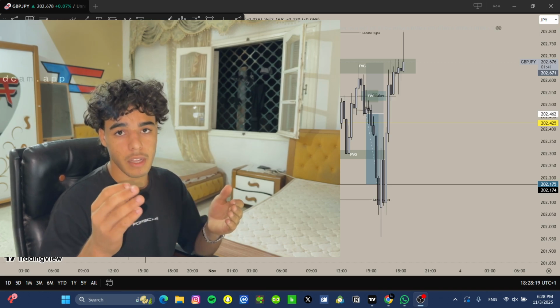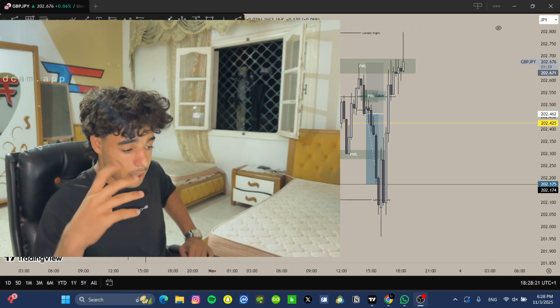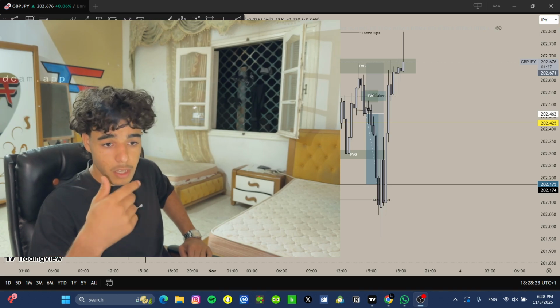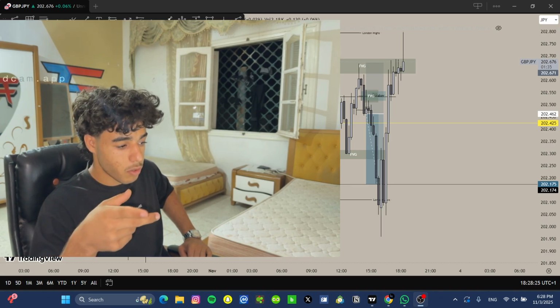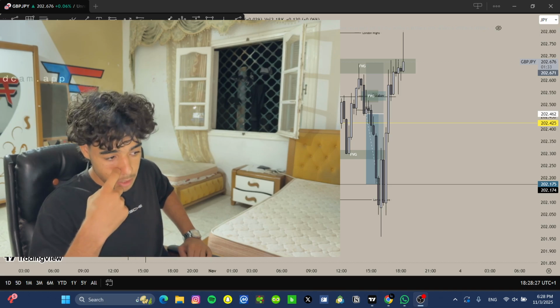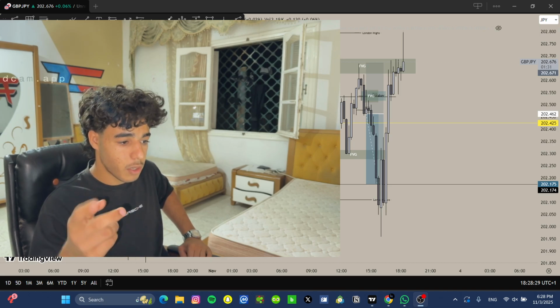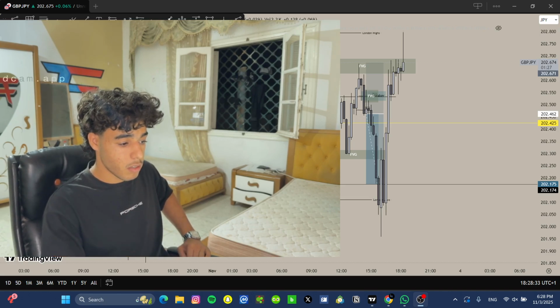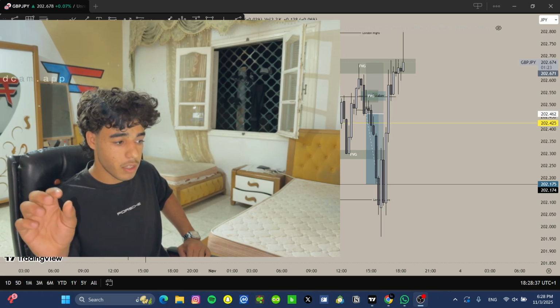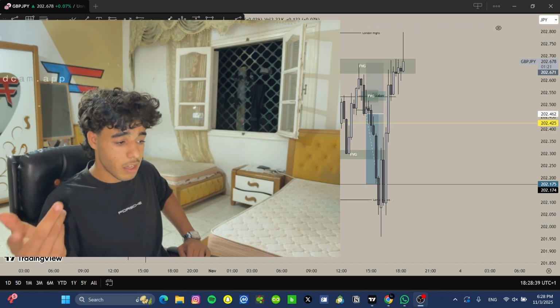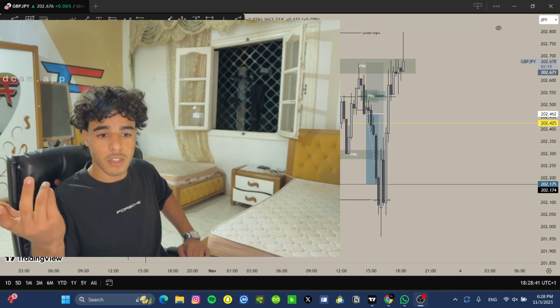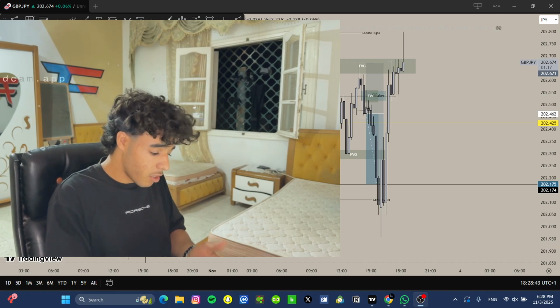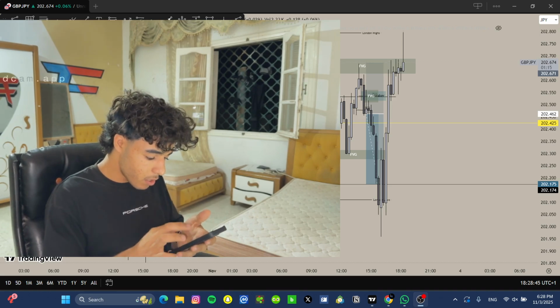I set up my TradingView alarm, and once I saw my alarm got hit, I just went to the chart, and I saw the trade. I saw the potential of the trade. I waited for my confirmation entries, put another alarm at the confirmation zone, and then I just waited for an entry and entered the trade. And I'm actually going to show you the screenshots now.